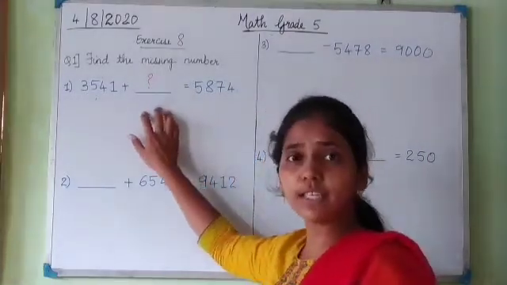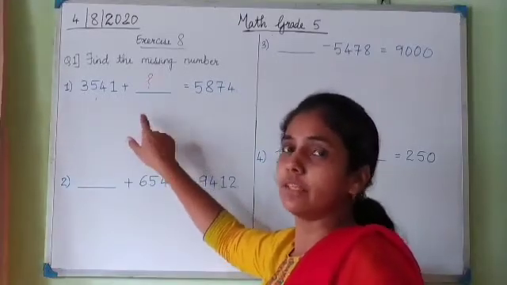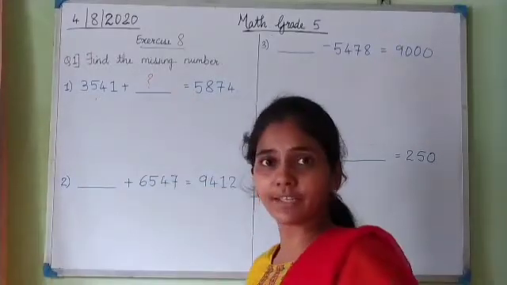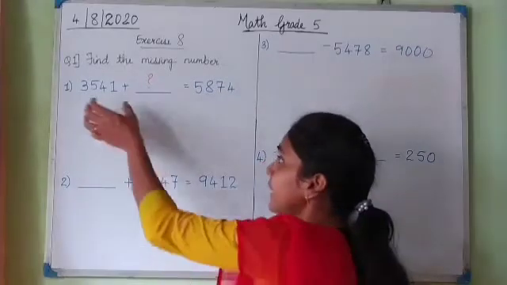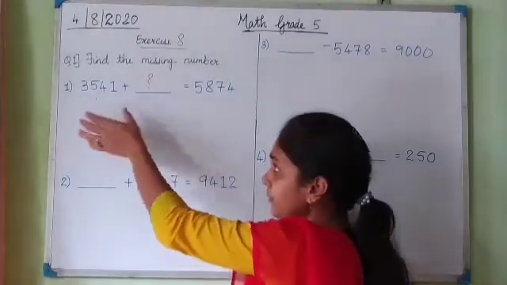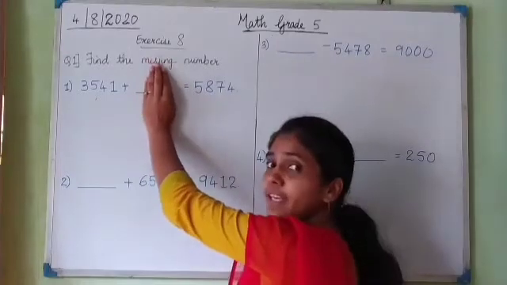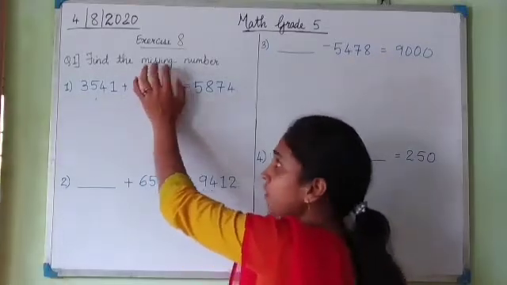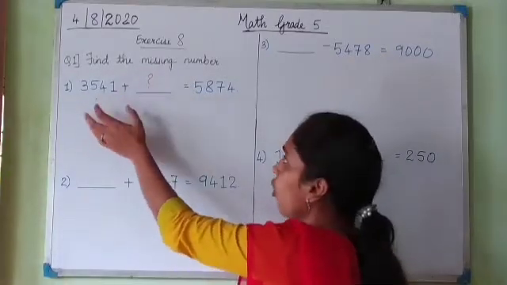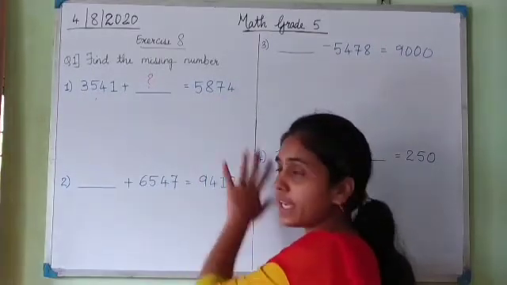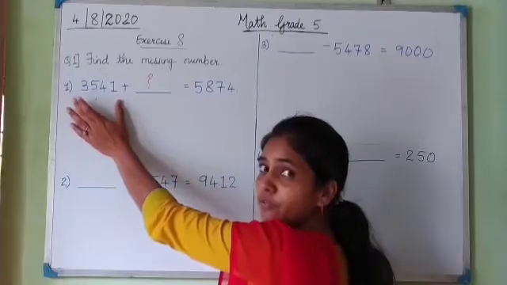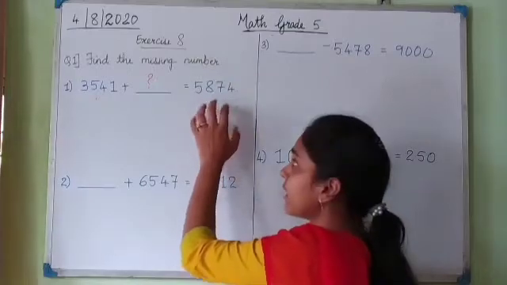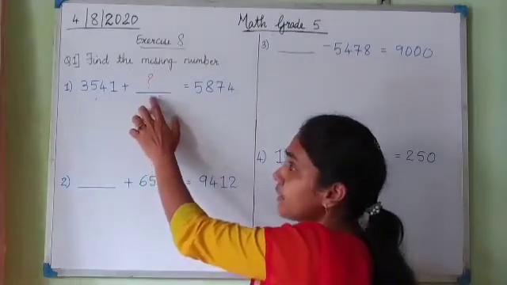If it was a single digit number or a 2-digit number, then it would have been easy, but these are 4-digit numbers. Okay, so we cannot predict what number can be added here. So what we have to do, we take this number. Why are we doing this? Because we are finding the blank which is there. So we want only this blank on one side of the equal to sign and all the numbers on the other side of the equal to sign. That means we have to take this number to the other side and then do the operations, and the final answer which we will get will be the blank.